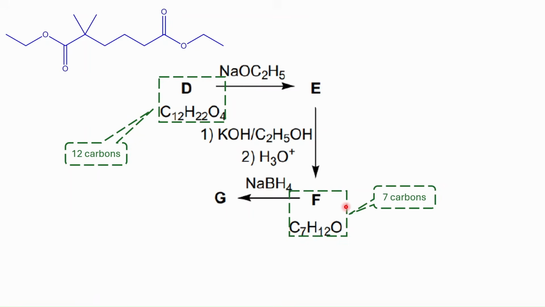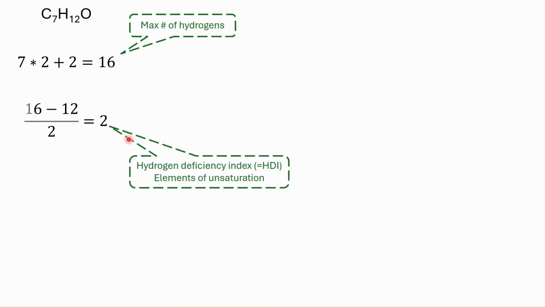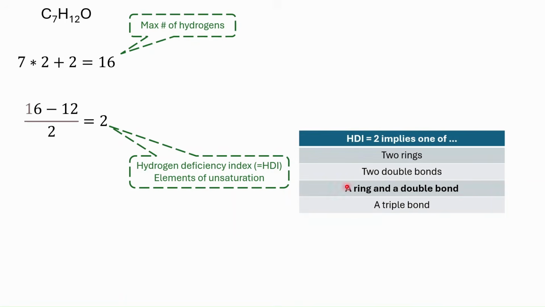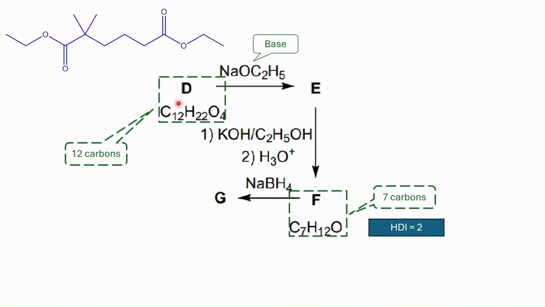So let's calculate HDI again, because we have the full molecular formula, in order to gain an insight towards the structure of compound F. So yes, again, using the same formula, we calculate the maximum number of hydrogens and the hydrogen deficiency index of 2, and it could imply again one of these things. Now having HDI calculated, let's see how it can help us. So since we are using a base on D ester here, followed by decarboxylation conditions, we can propose a Claisen condensation here. And HDI of F helps us a lot here, since we know that we should have 2 elements